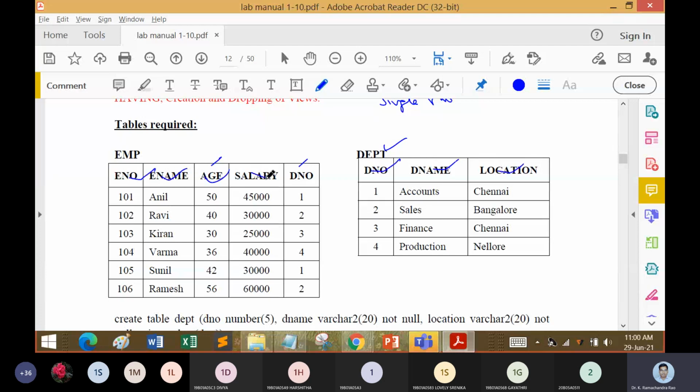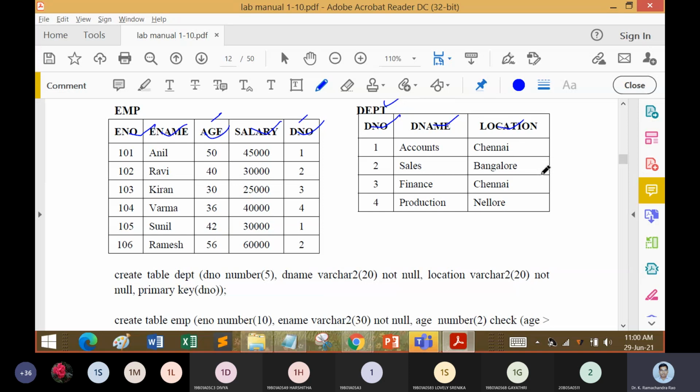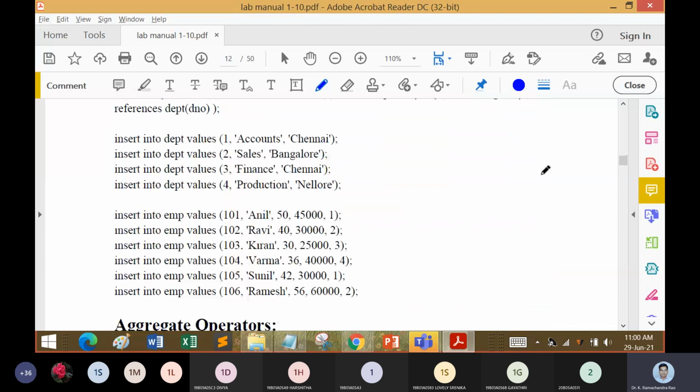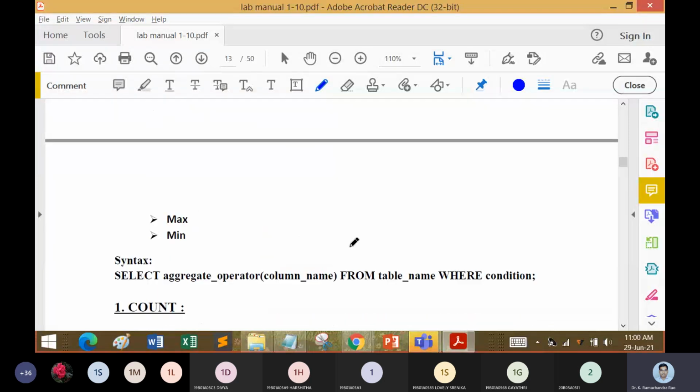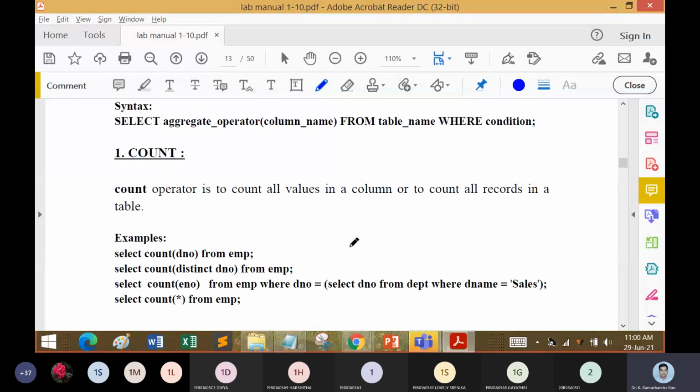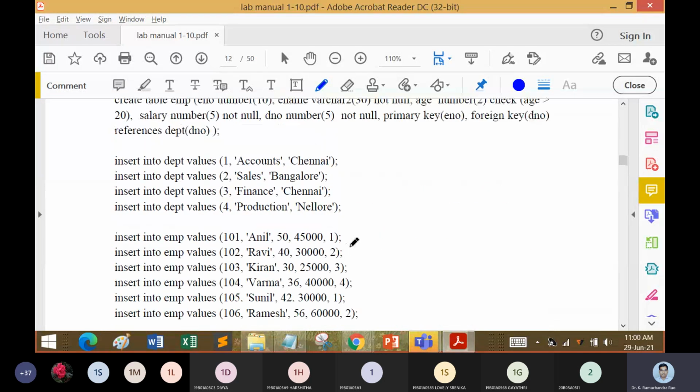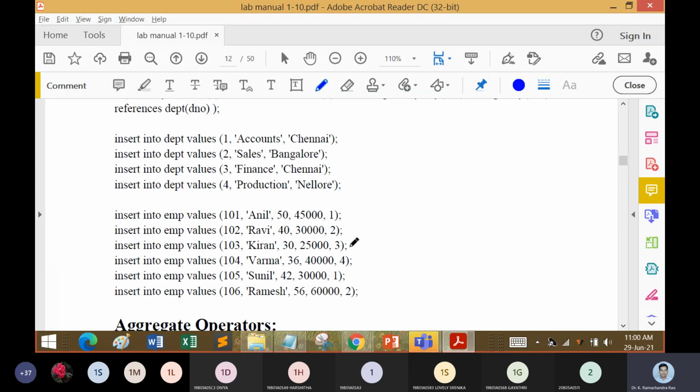These are the two tables, and thereby we make some insert operations. After the insert operations, we will start discussing the different types of usage of counts, etc. So this is the database we take up.